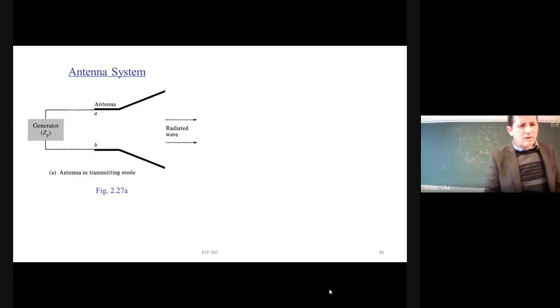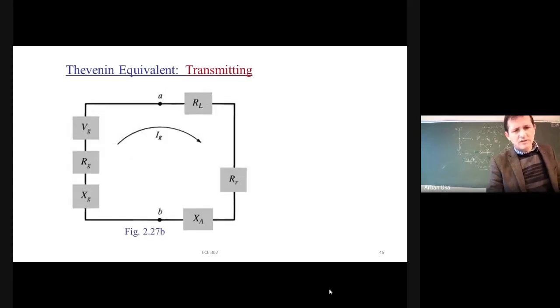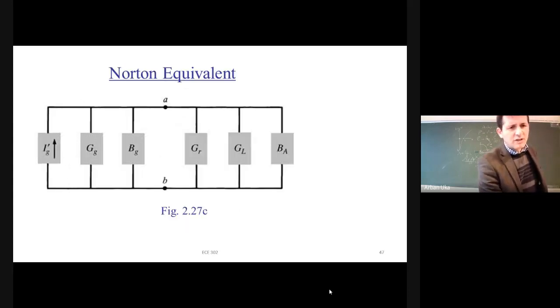On the left side we have the generator, on the right side we have the antenna, and of course these two components have different impedances. We can see in this Thevenin equivalent that on the left side is the generator, and on the right side we have losses because of the radiating factor, and we also have the reactance XA. Now XA and XG are two important components which we mentioned, and we said that sometimes they need to have a negative sign with respect to each other.